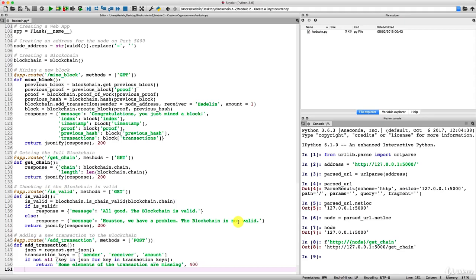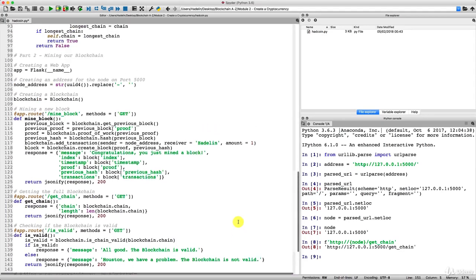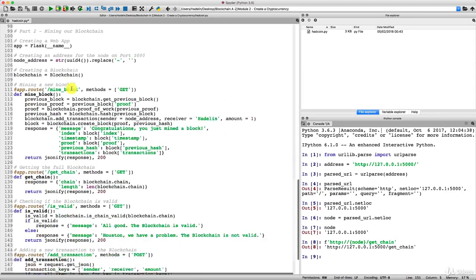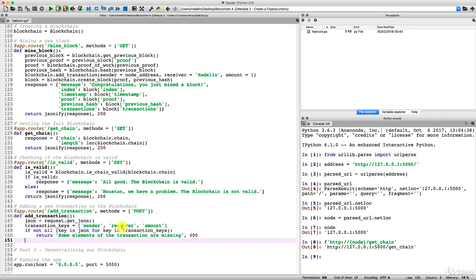And again, I have some very good news. If we scroll up, we see that the addTransaction method returns exactly the index of the block that will contain the transaction. And therefore, it's a no-brainer. We don't have anything to do. We just need to call this method that will give us exactly this index of the next block catching the transaction, and we'll be good to go. All right, so let's do this. That's exactly what we have to do now.